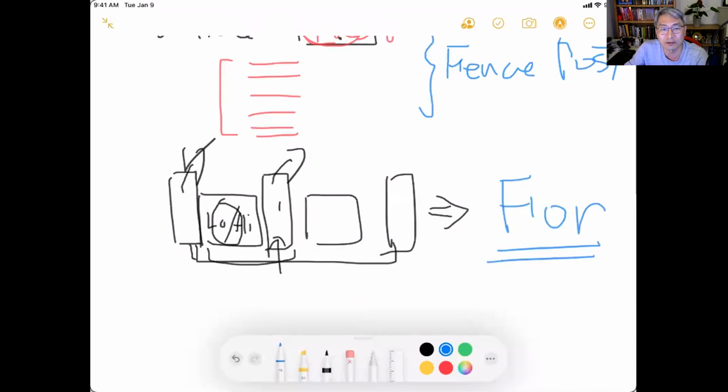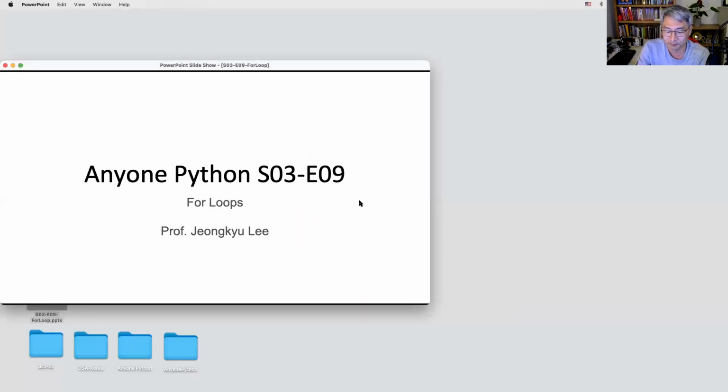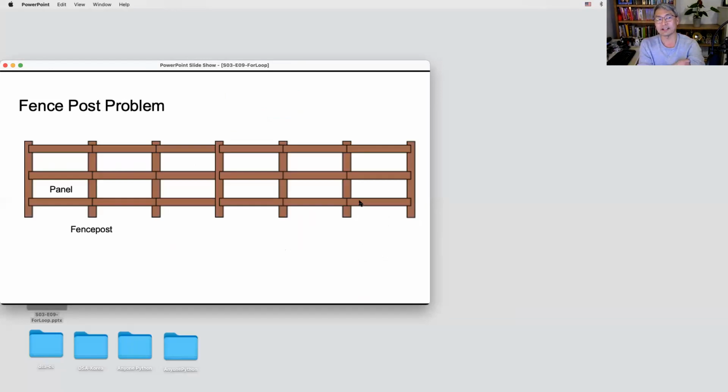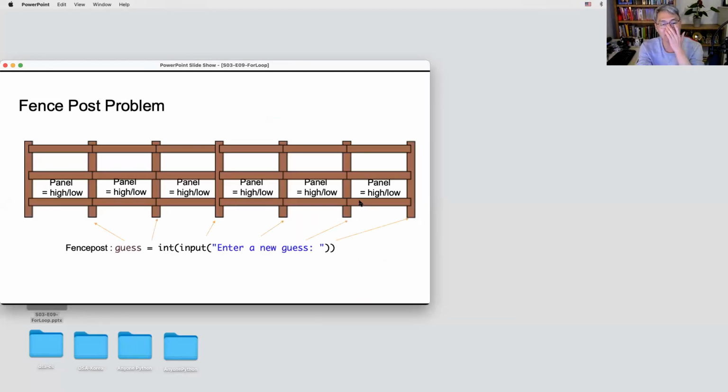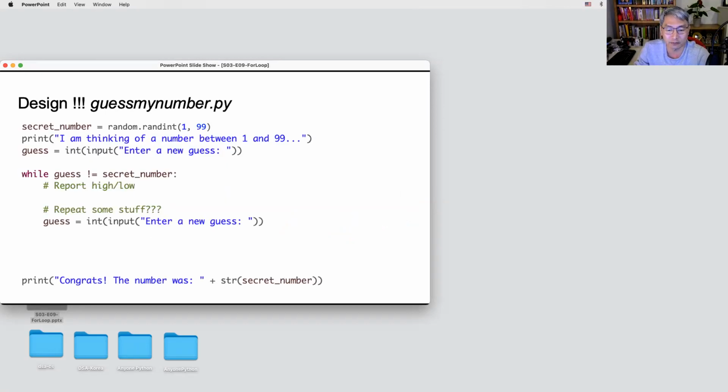So I'm going to put this down. This is the fencepost problem. For example, in the guessing number case, guessing the number is the post, but we need one more. As we have seen before, we can add one more guess outside, before we start the while loop.